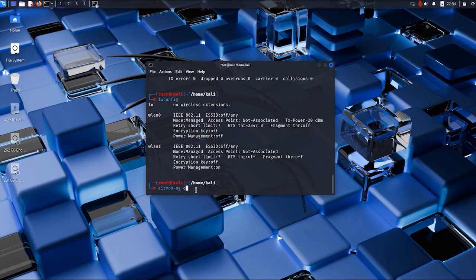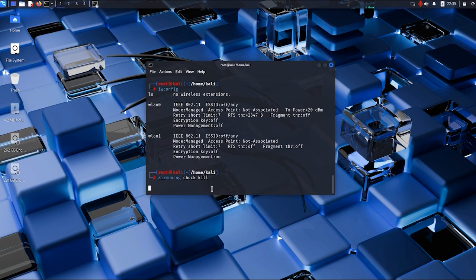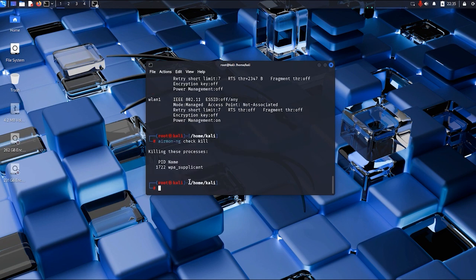To perform that command, we just have to simply type airmon-ng check kill. This command will check all the background processes that are running, and then it will kill all the processes that can interfere with our operation. Once we hit enter, you can see there is a process that has been killed. Now we can change our network adapter's mode from managed to monitor mode. But let's first disable it. So we will just type ifconfig wlan1 down,